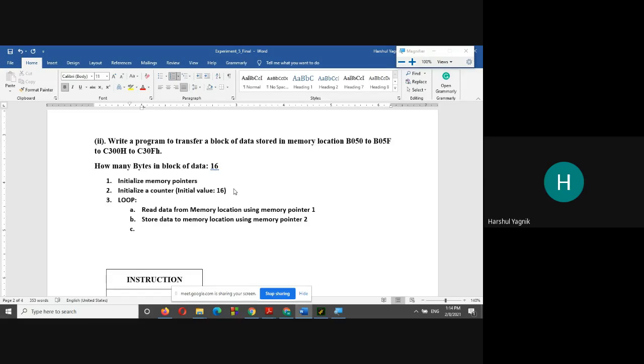Every time we do this task, what do we need to do? Increment both the pointers. We need to decrement the counter. And then every time we need to check if the counter is 0.